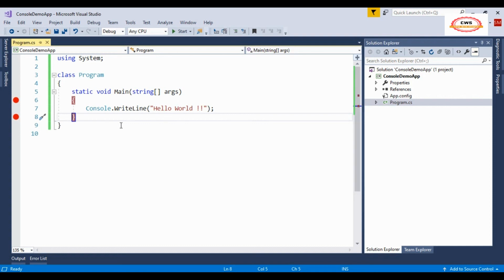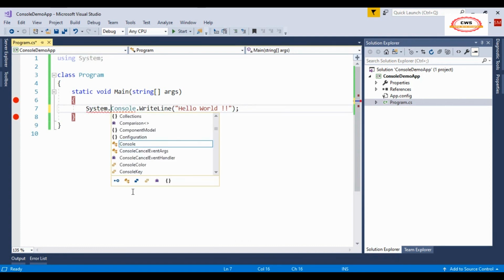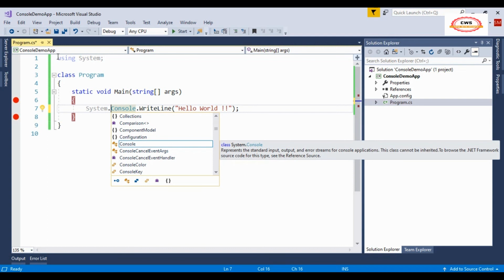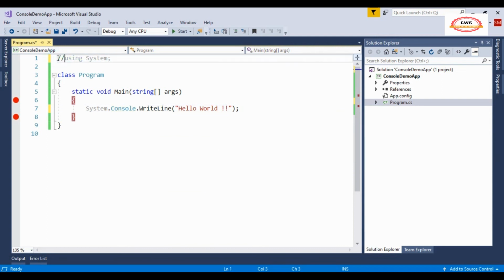Now the last thing that we will discuss in this video is this using part. This using basically represents a namespace. Instead of writing this, if we write system.console.writeLine here, then we can get rid of this.